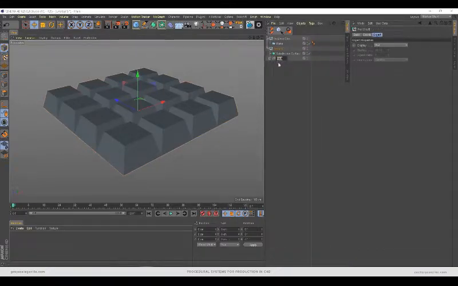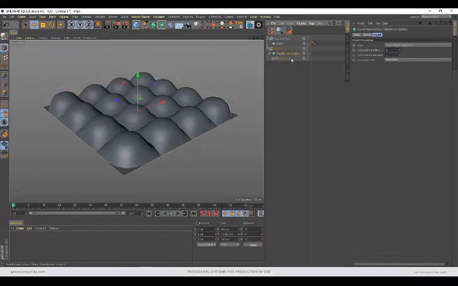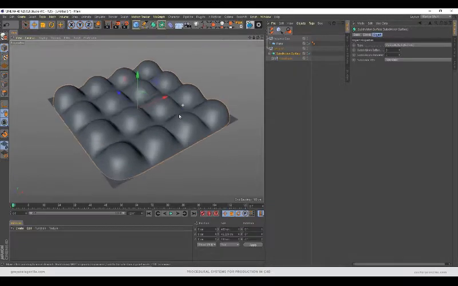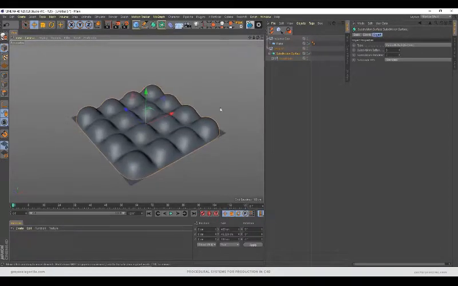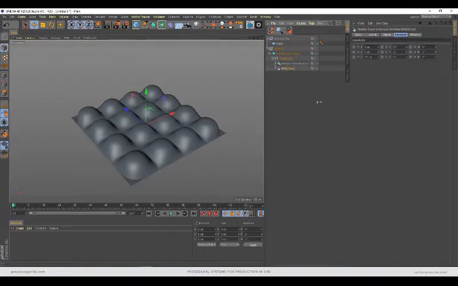So we'll just make this, let's call this Mo extrude, and let's throw that in the subdivision surface. We'll crank this up just to smooth it out a little bit, and now we have this pretty nice looking little bubbly surface. But what we want to do is animate this, and we can in the Mo extrude use